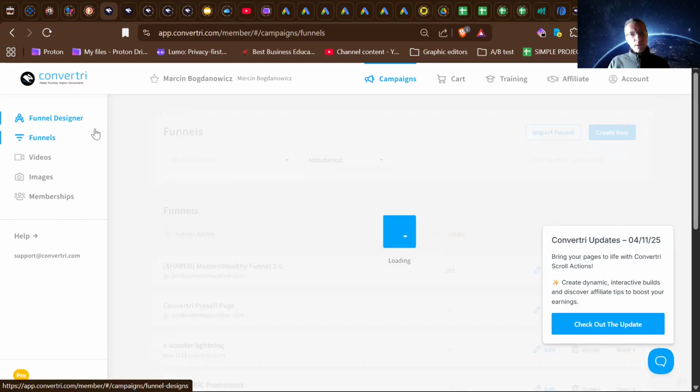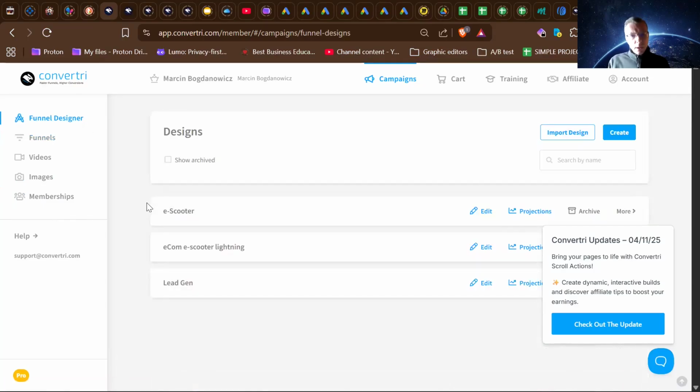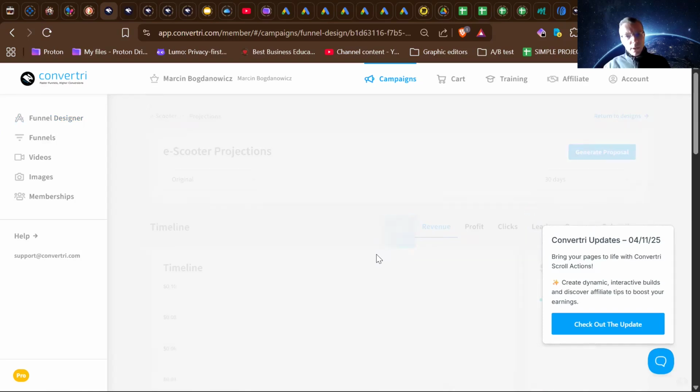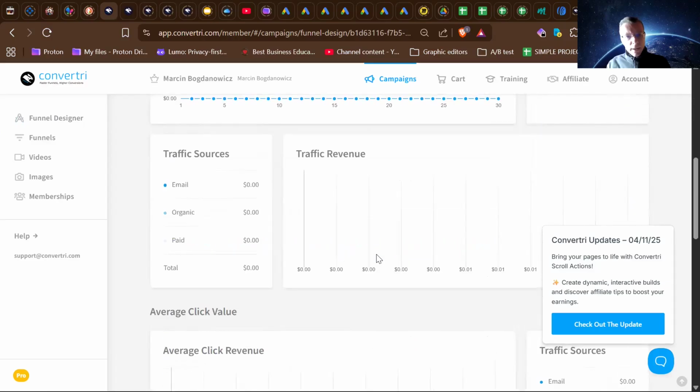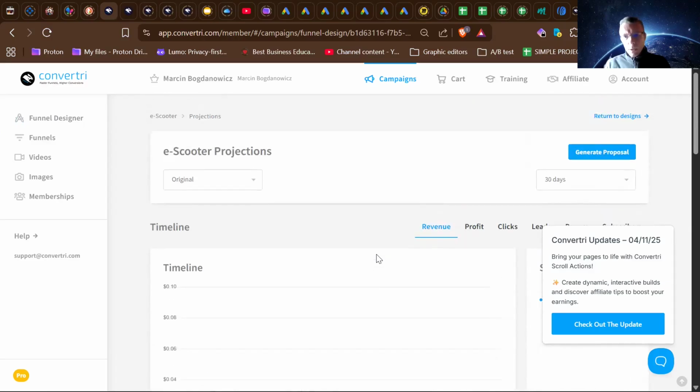We can go here actually, and you can create simply some predictions for just performance of your funnel, meaning how many leads you will get for what amount of money and how much sales you can expect, right? So, for example, I here created for one of my brands a projections for e-scooter,